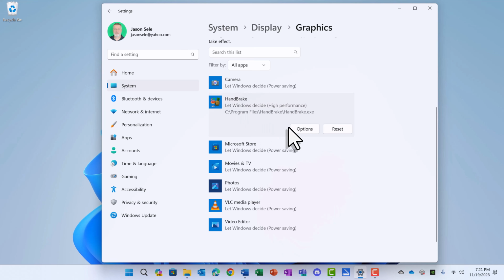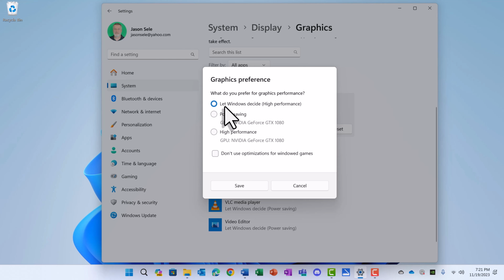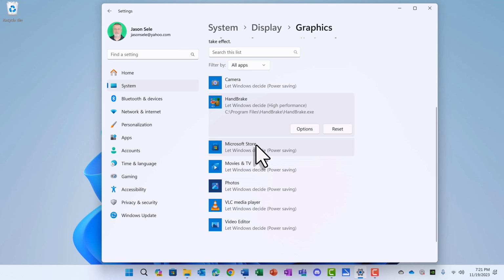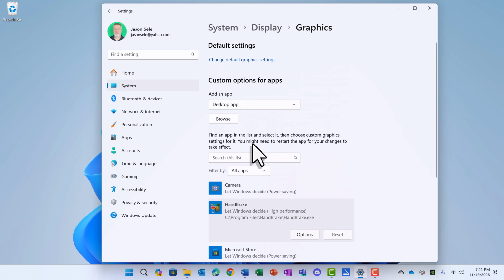If you click on an app and go to Options, you can see that it is set to let Windows decide by default, but you can select high performance or some other mode if that's what you want to set it to. Now, if you want to add another app that you commonly use that's very graphics intensive, come up here to Browse,